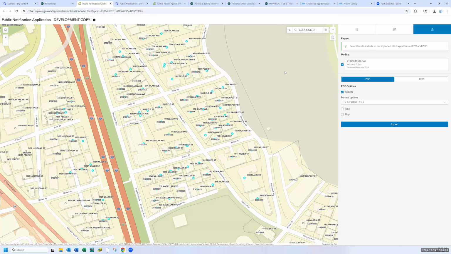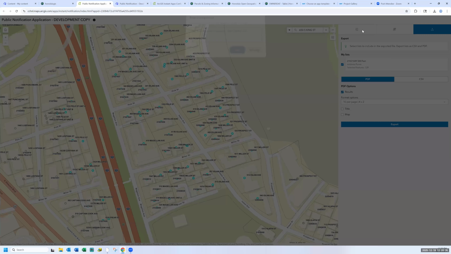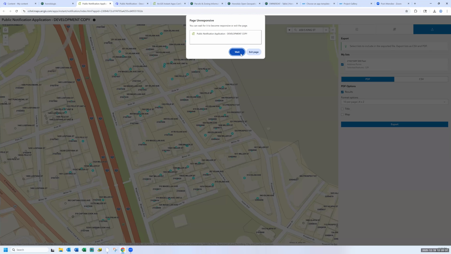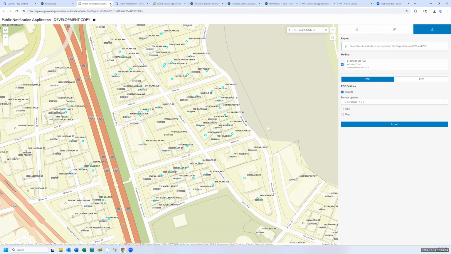So that's the basic functionality of the app. I know sometimes people are interested in getting mailing addresses for owners of parcels.